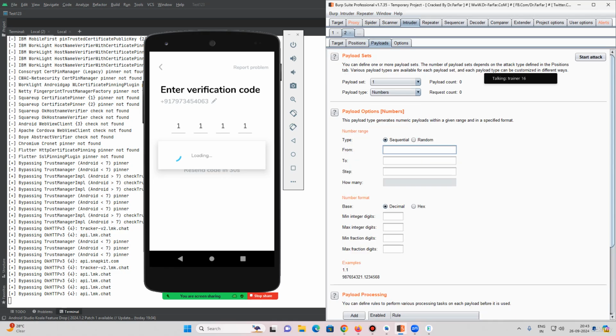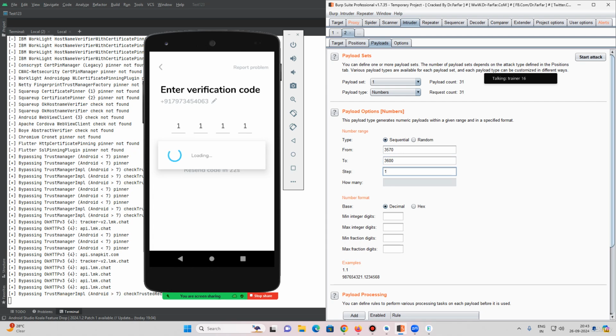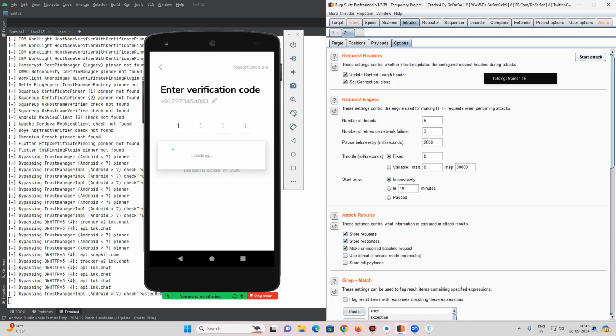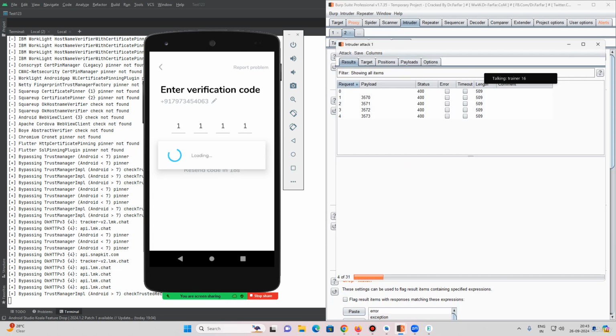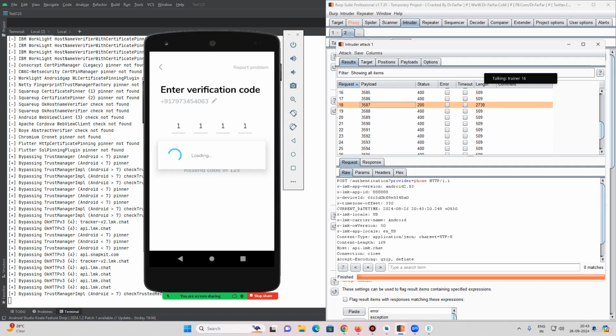And my original code is 3587. So if I start from 3570 till 3600, I'm trying 31 codes and I need to see how exactly it responds on wrong OTPs. My right OTP was 3587. उस पर you saw ना guys how it reacted. मतलब